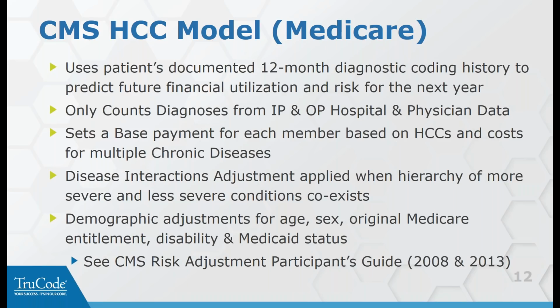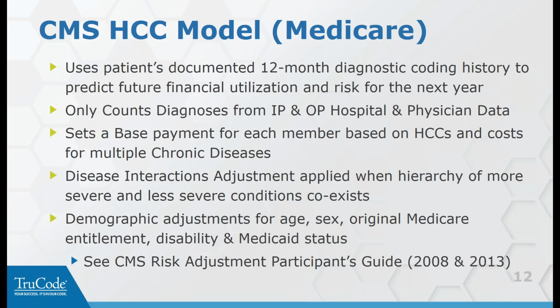Basically, they set a base payment rate for each member in the Medicare Advantage plan based on their HCC risk factor and cost for multiple chronic diseases. And that's where that hierarchy kind of comes into play, because they get credit much more so than in the MSDRG arena for multiple chronic diseases. If they have disease interactions also, like let's say congestive heart failure with renal disease or something that might interact with each other, they apply an adjustment for that, to evaluate and set up a hierarchy of what is more severe and what is less severe in those conditions